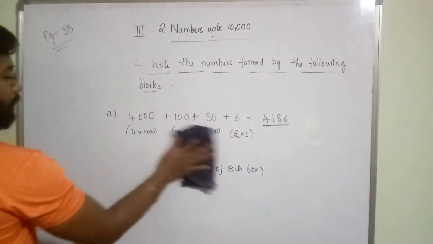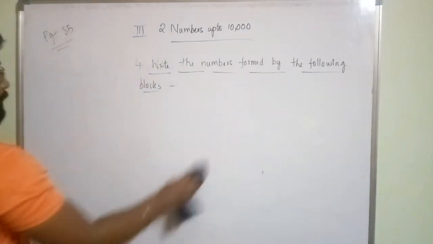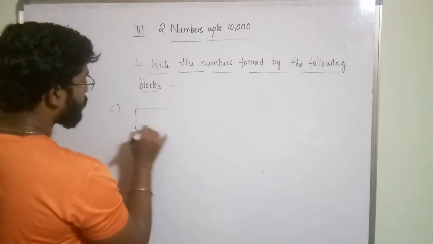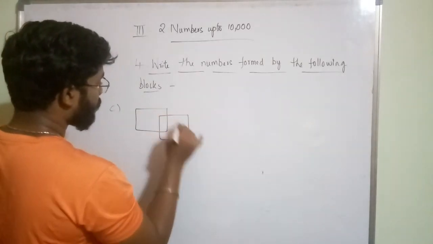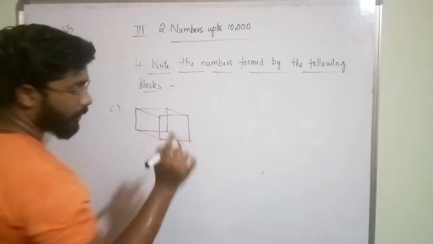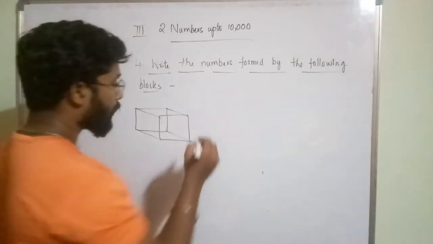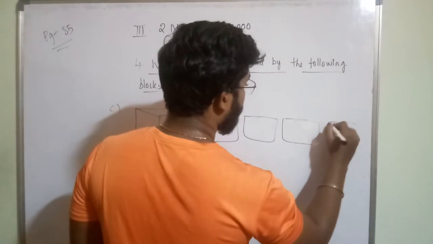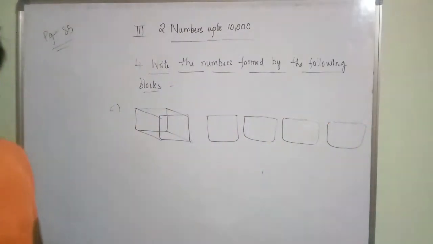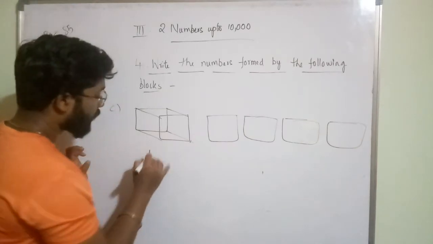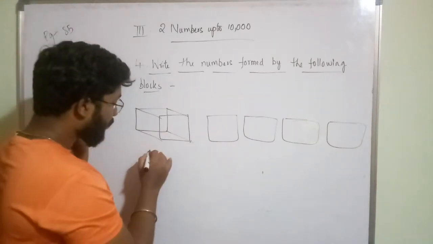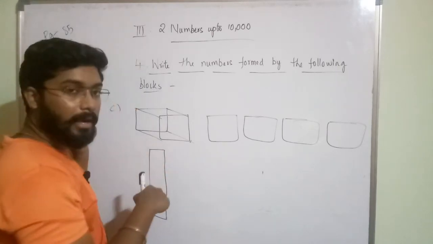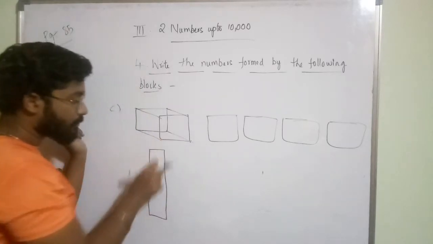In C, you are having a cube. Okay, it is a cube. I am not drawing the rows and columns in it. You have to understand by seeing. In C, you are having one cube, 4 squares. Next you are having 4 tall boxes. In that you are having small ones. So each tall box will have 10 small boxes, means the value of this total box is 10.